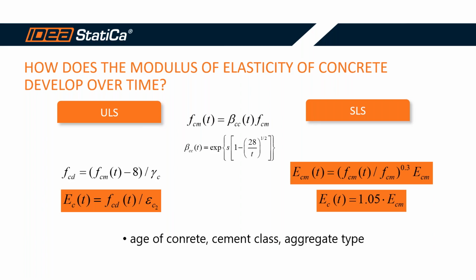So we distinguish between ULS and SLS states, and we have two types of modulus of elasticity. Everything is based on the Eurocode, so